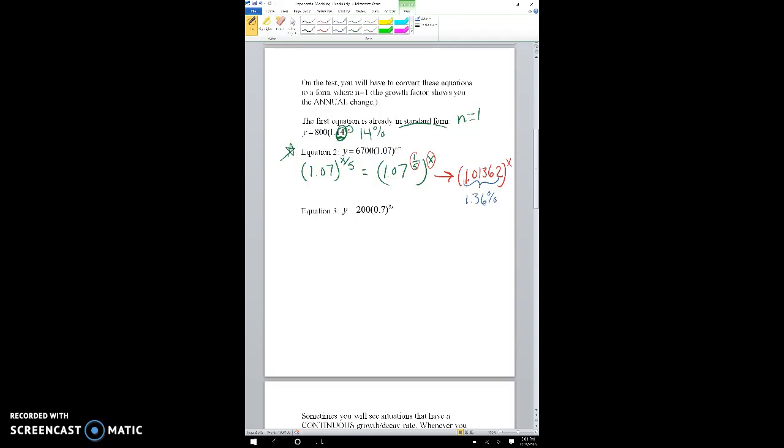In equation 3, to get the annual growth, so remember from the example, I'm losing 30% of the mass 8 times per year, so how much am I losing in 1 year total? So we're going to use the same exponent rule. Right? 0.7 to the 8x is the same as 0.7 to the 8th to the x. And I'm going to do 0.7 to the 8th in my calculator again. You get